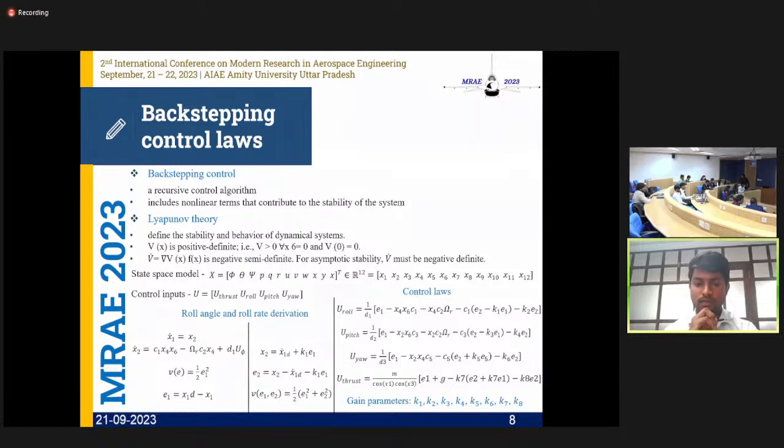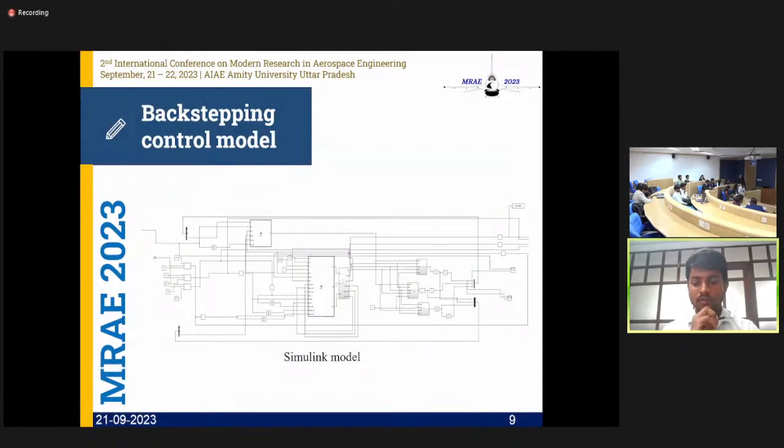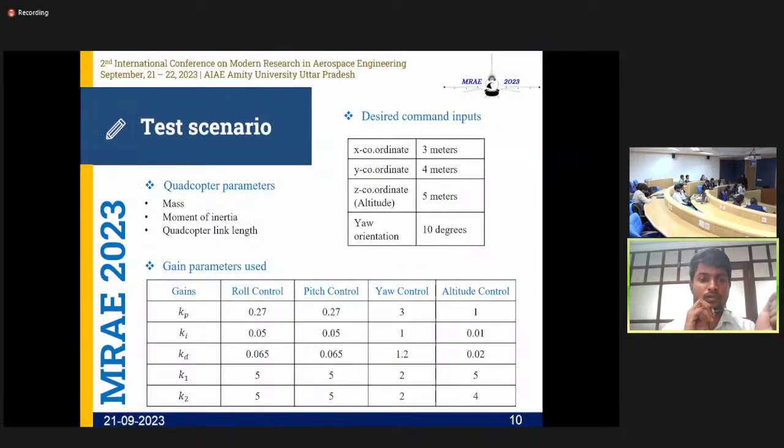These are the gain values. And now comes the Simulink model. I have worked on the Simulink. And now comes the test scenario. When I was testing, I took the mass and moment of inertia for the quadcopter, and these are the x